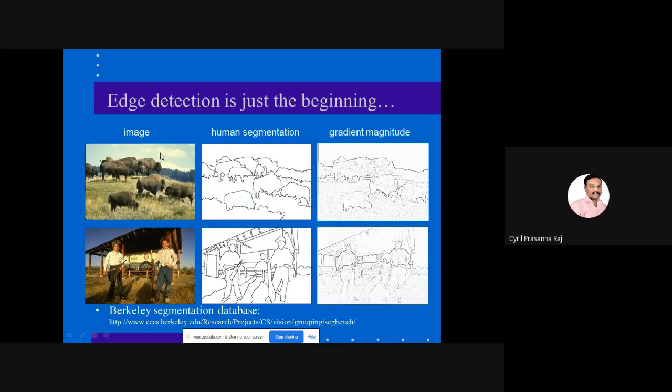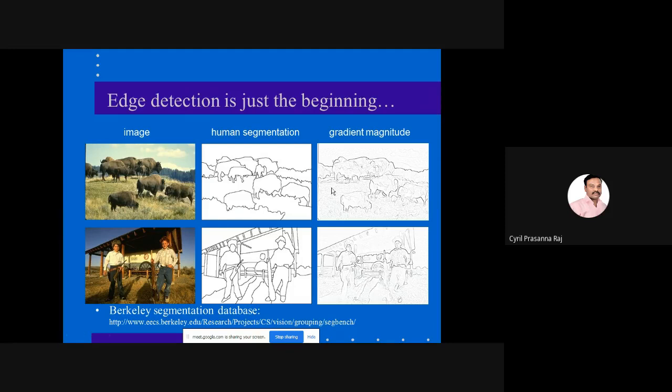So here if you see, you are able to take an image and identify the humans in a given image, or identify the animals in a given image. Here again you are doing these gradient operations, and accordingly you can find out whether the object is either human or animal.